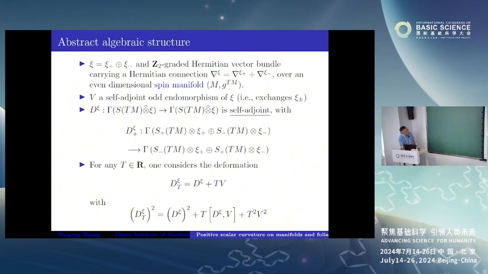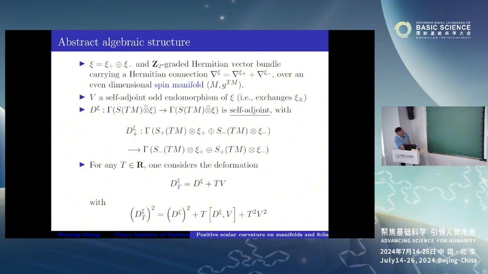We assume, for simplicity, that it is an even dimensional spin manifold, and we also assume there is a self-adjoint odd isomorphism V of Xi. Odd means that it exchanges Xi plus and Xi minus. In this case, we can consider the Z2 graded tensor product, which admits a natural Z2 splitting, where the plus part is S plus tensor Xi plus, plus S minus tensor Xi minus,